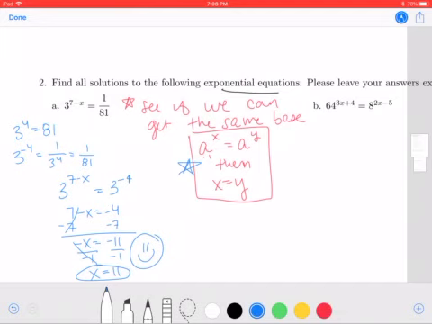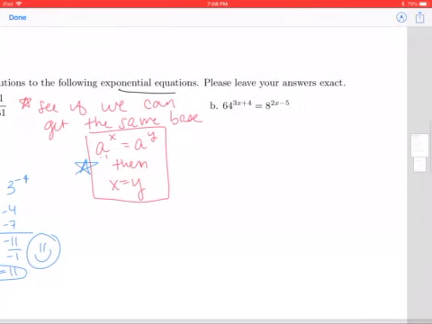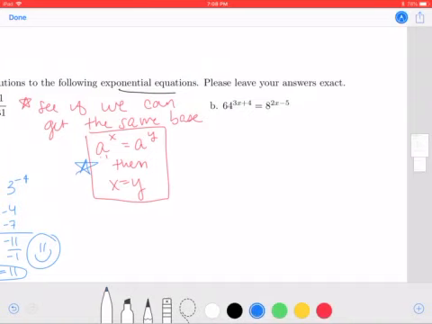Okay, let's look at this next one. So again, we're going to try to use this same rule. A to the power of x is equal to a to the y. If that's true, then my exponents are equal to each other. So just looking at it, don't have the same exponent. But